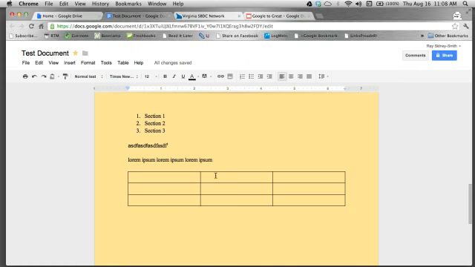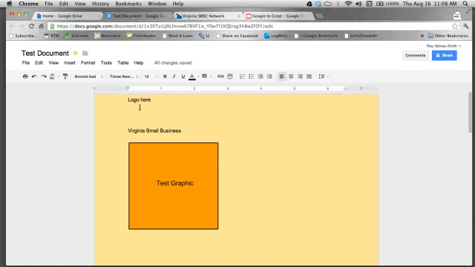And with that, that pretty much covers the Google Docs document tool, other than one other tool aside from this, and it's called Google Cloud Connect. Google Cloud Connect is a tool that allows you to connect Microsoft Office document users with Google Docs. So if I use Microsoft Office currently and I want to use the collaborative tools that Google Drive has given me, I can install this little plugin, the Google Cloud Connect plugin, and it will give me the